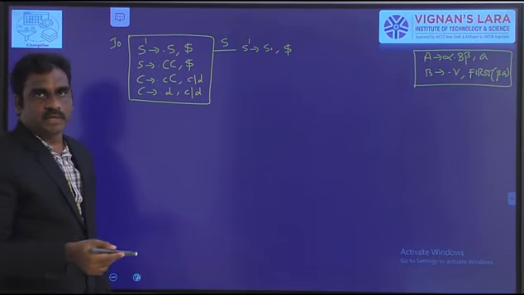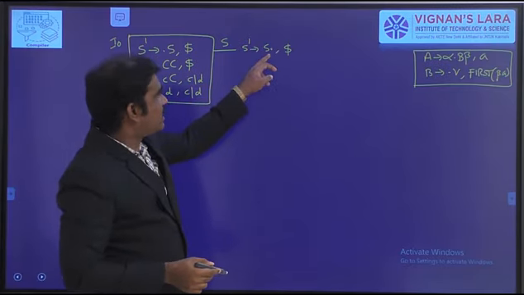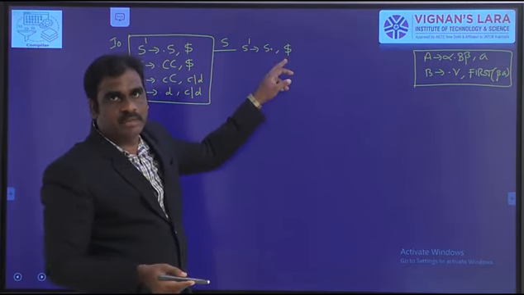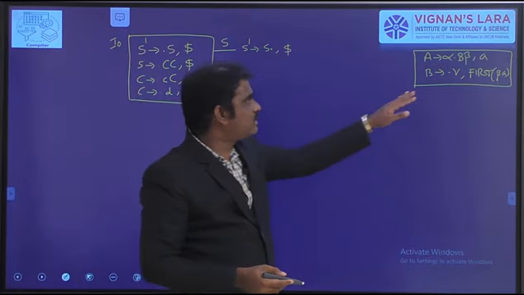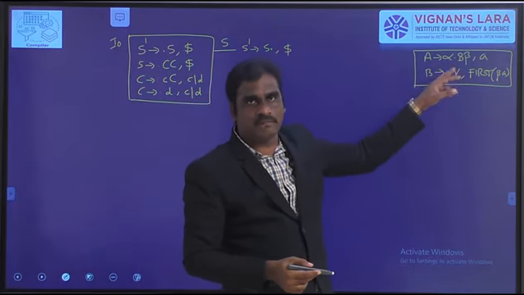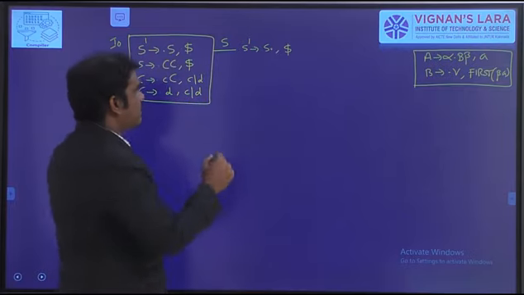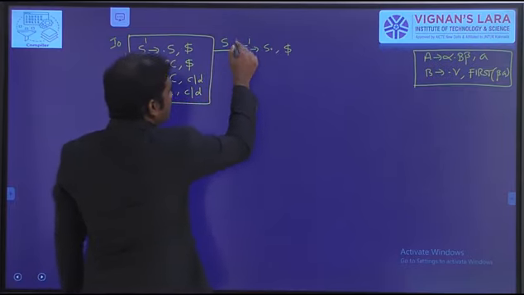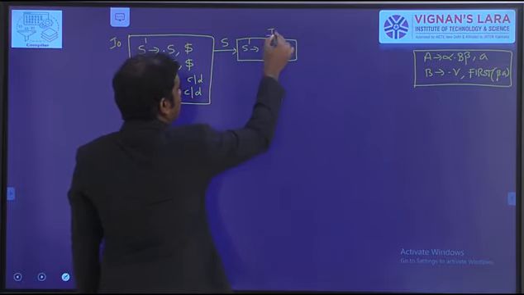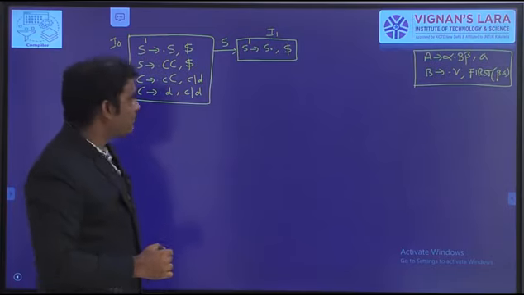Now apply the closure set operation. Look at what the dot is followed by, whether it is a terminal or a non-terminal. If it is a non-terminal, apply this formula. But in this case, the dot is followed by no symbol, so there is no closure operation. So this is I1, a new set of items.